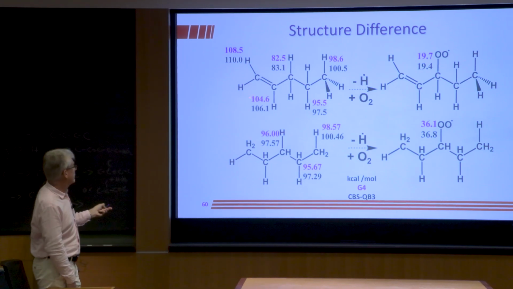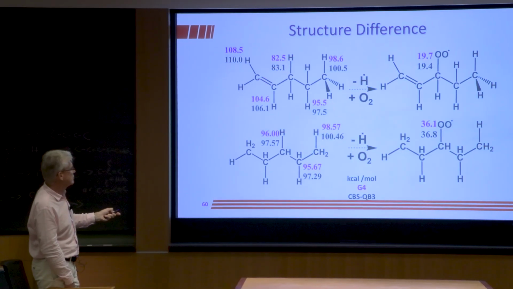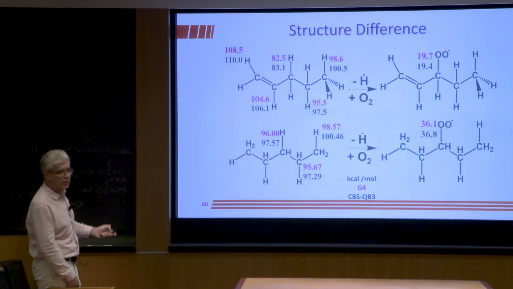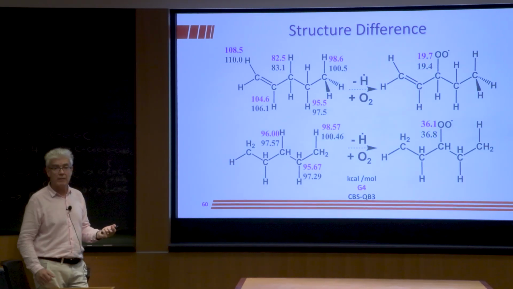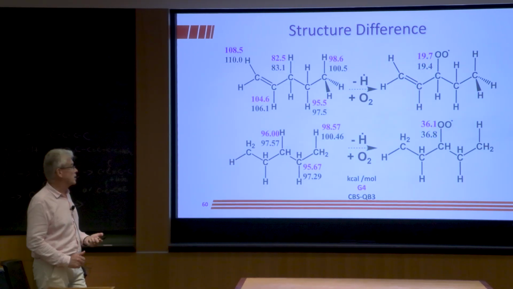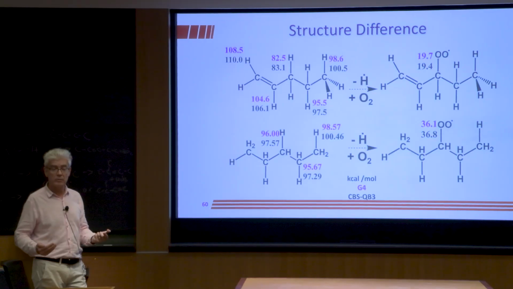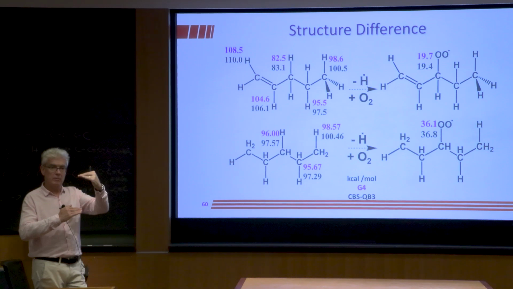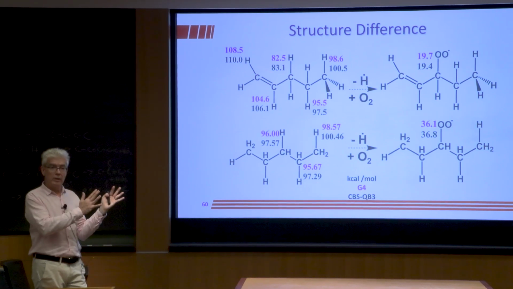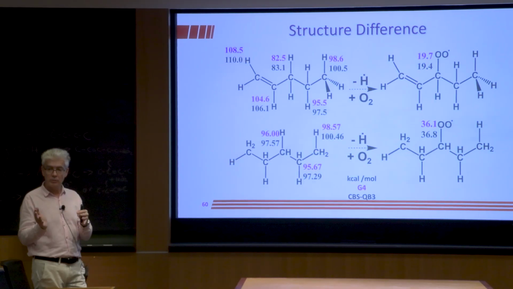Whereas for the olefin, if we abstract the allylic hydrogen atom and we add to O2, the well depth is something between 19.4 and 19.7, 19.55, right? Okay, so 19.5 kilocalories per mole as opposed to 36 kilocalories per mole, right? It's 17 kilocalories per mole shallower, right? So that means that the equilibrium lies much further to the left, to R plus O2, and not to RO2,